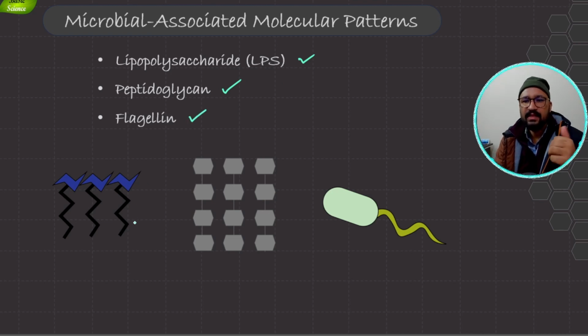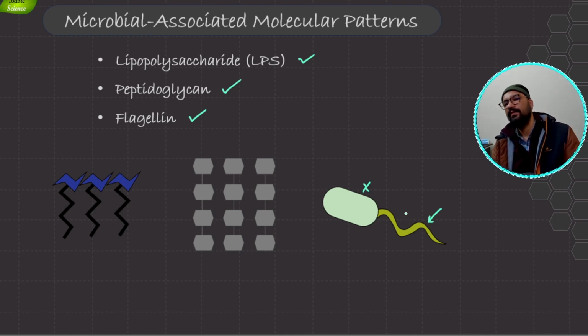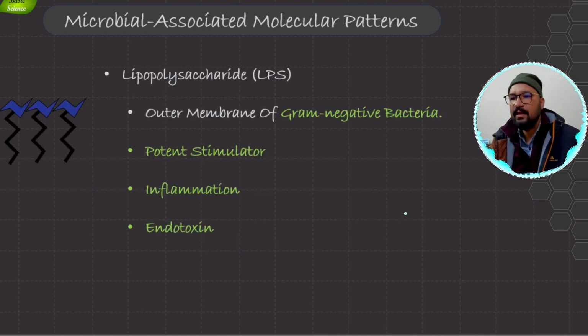These are the schematics I've designed. This is the schematic structure of endotoxin. LPS is also known as endotoxin, with the lipid A component of endotoxin. I'll explain it later on. This is peptidoglycan. It's made up of sugars, and then you have flagella. This structure, not this one, is the flagella, and flagellin is the protein present inside the flagella. Okay, let's understand all these